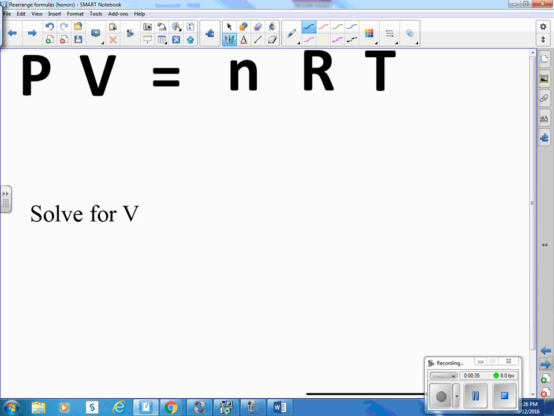If we try to rearrange that, solve that for V to see what happens to the volume, the opposite of multiply by P is divide by P. So P divided by P is 1. 1 times V is V. V equals nRT over P. So looking at that equation,